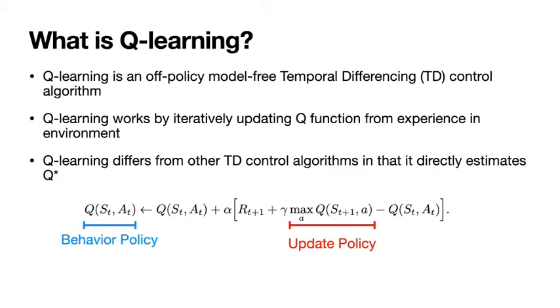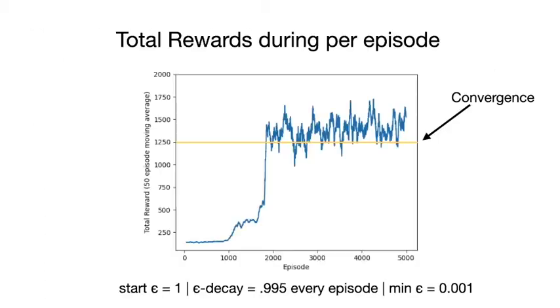So that's a quick recap of what Q-Learning is. Let's look at the results of applying this technique to the Runaway environment. So I performed Q-Learning on the Runaway environment for 5,000 episodes. The agent's behavior policy was set to be a decaying epsilon greedy policy with a starting epsilon of 1, and